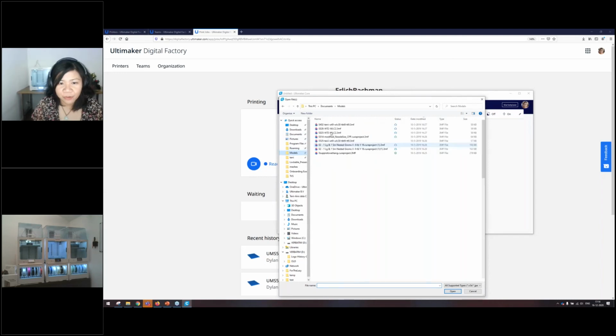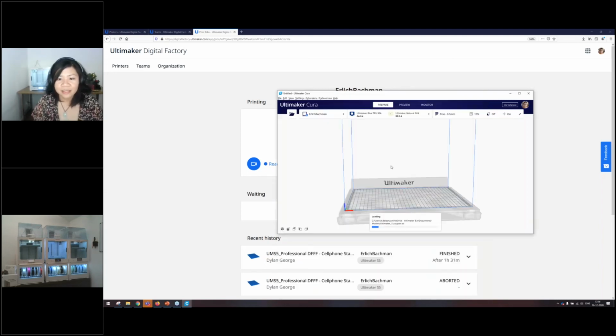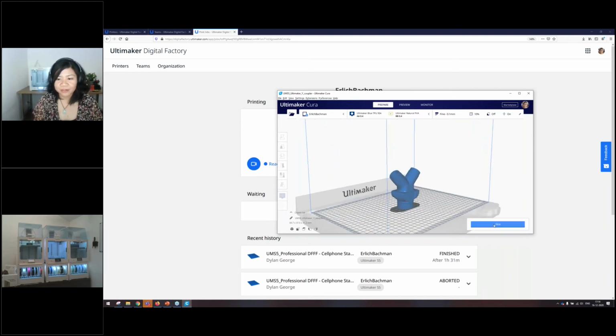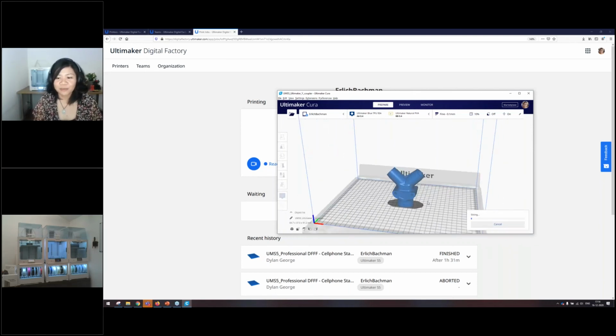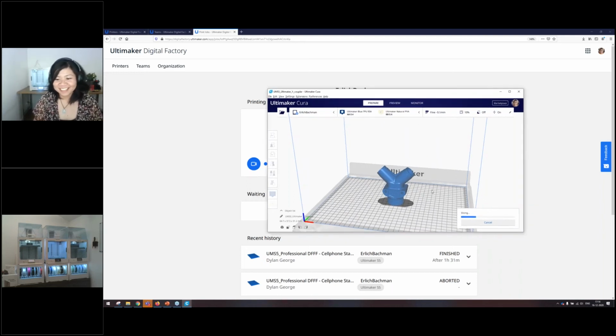And I'm going to look for a model. And I'm going to print the very famous Ultimaker Y coupler that is designed by Mr. Jeremy Avers, who you also know from one of the application engineers. Yeah, so now that we're slicing, and once it's finished slicing, you will see a button that says print via